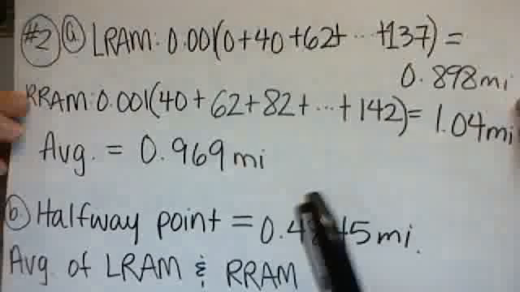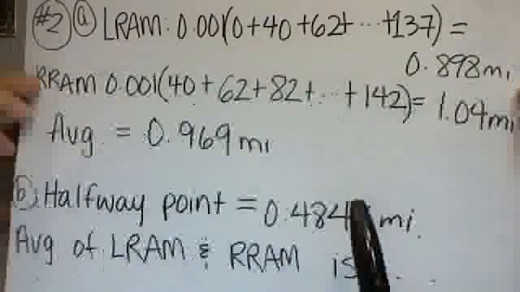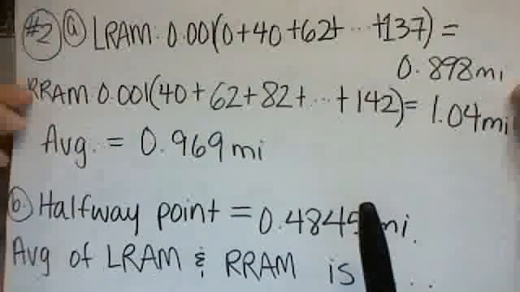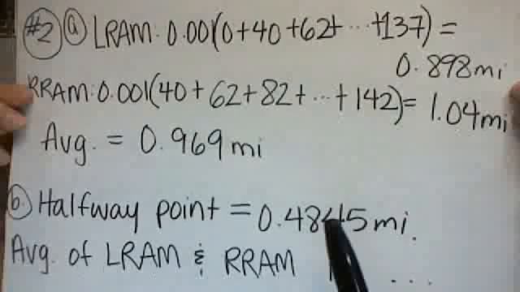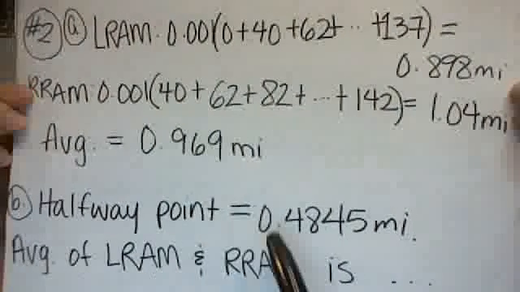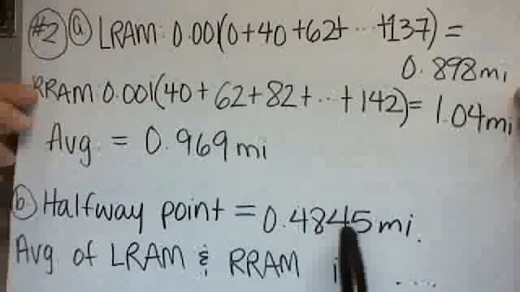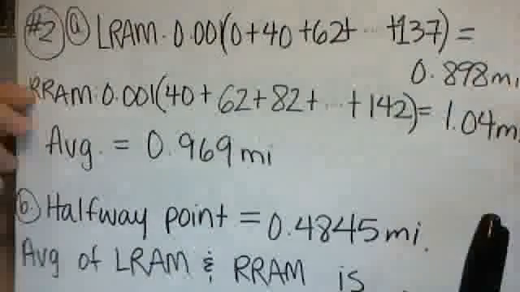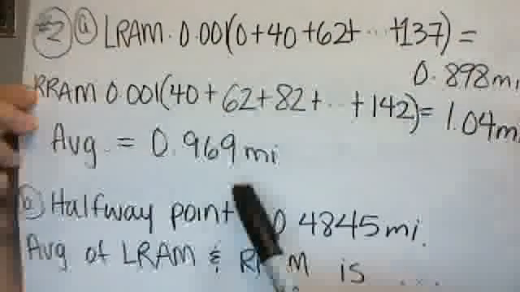Now, for part B, it says roughly how many seconds did it take the car to reach the halfway point? How fast was the car going then? The halfway point equals 0.4845 miles. We just solved that by dividing the total distance by 2. And then